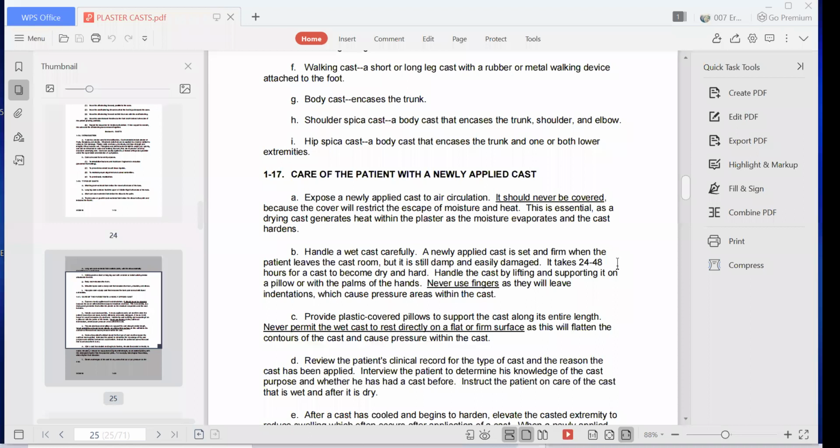Then we have to review the patient's clinical record, what type of cast has been applied, and the reason for application, right? Then interview the patient whether any discomfort is there after application. You have to advise the patient on handling the cast. He should not touch it, he should not itch the skin, right? So all these instructions we have to